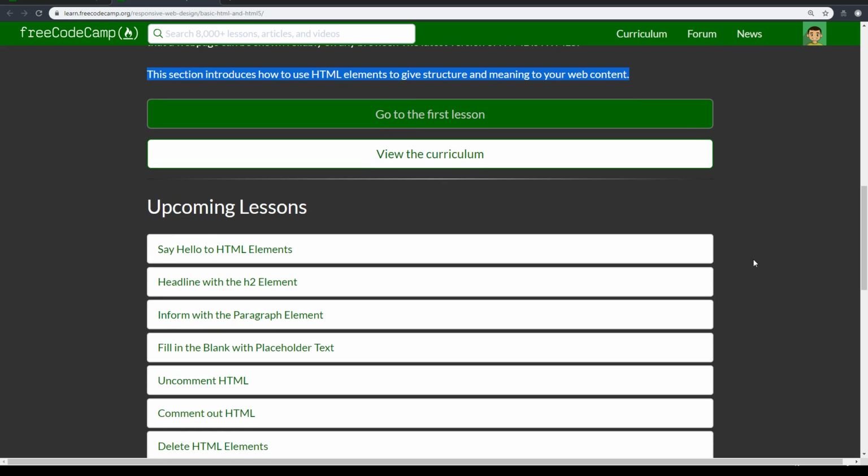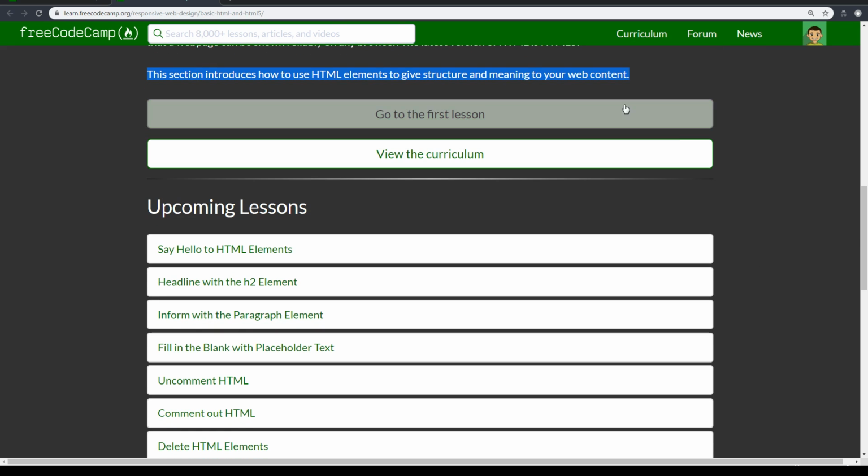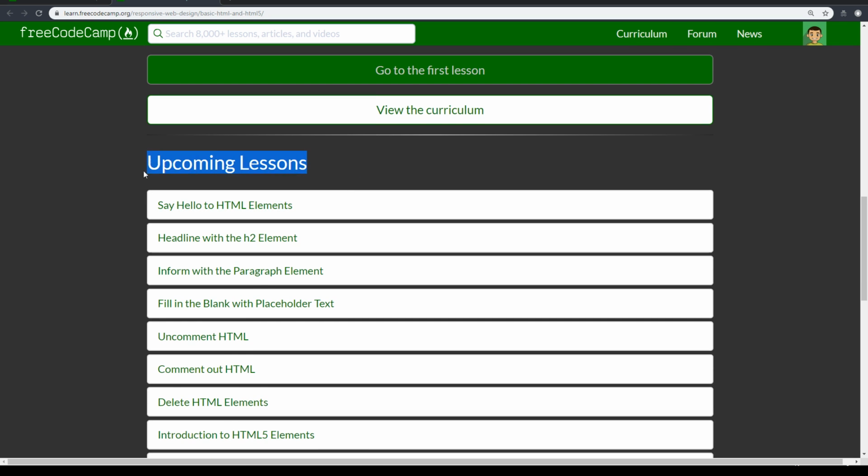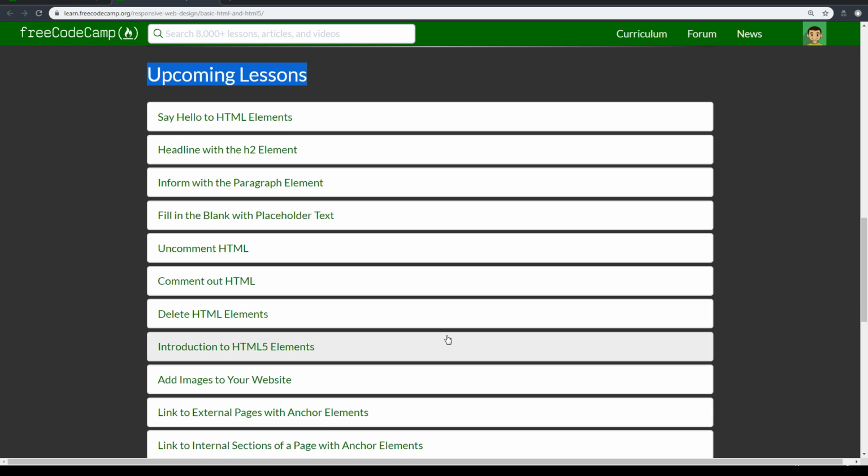Before we jump into the first lesson, and before we look at the curriculum, which we looked at before and will look at multiple times inside the class, here are the upcoming lessons. As you can see in the navigation on the side, we're going to be saying hello to different HTML elements, using headlines. I'm just going to paraphrase. Using paragraph elements, filling in placeholder text,